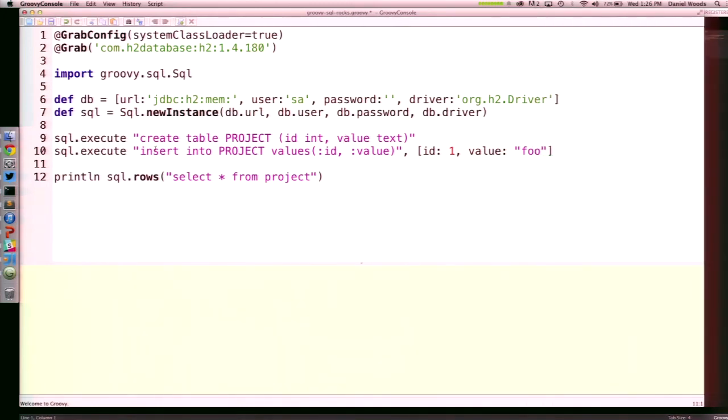Using this syntax, I'm parameterizing the inputs. I'm inserting some values in, and as part of the execution call, we can supply a map that corresponds to those named values. This is a really cool thing to be able to do, because what Groovy will actually do behind the scenes for us is create a prepared statement. We don't need to worry about SQL injection attacks, right? We're not wrapping this ourselves. Groovy will do that work under the covers for us.